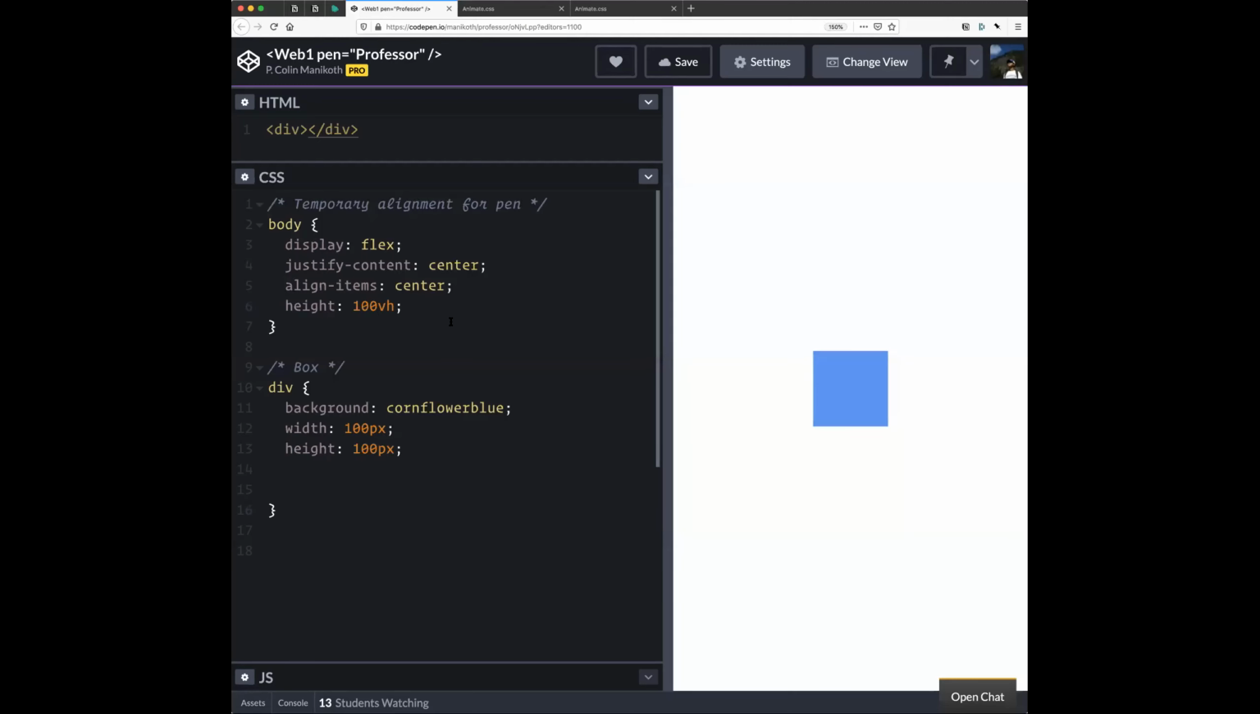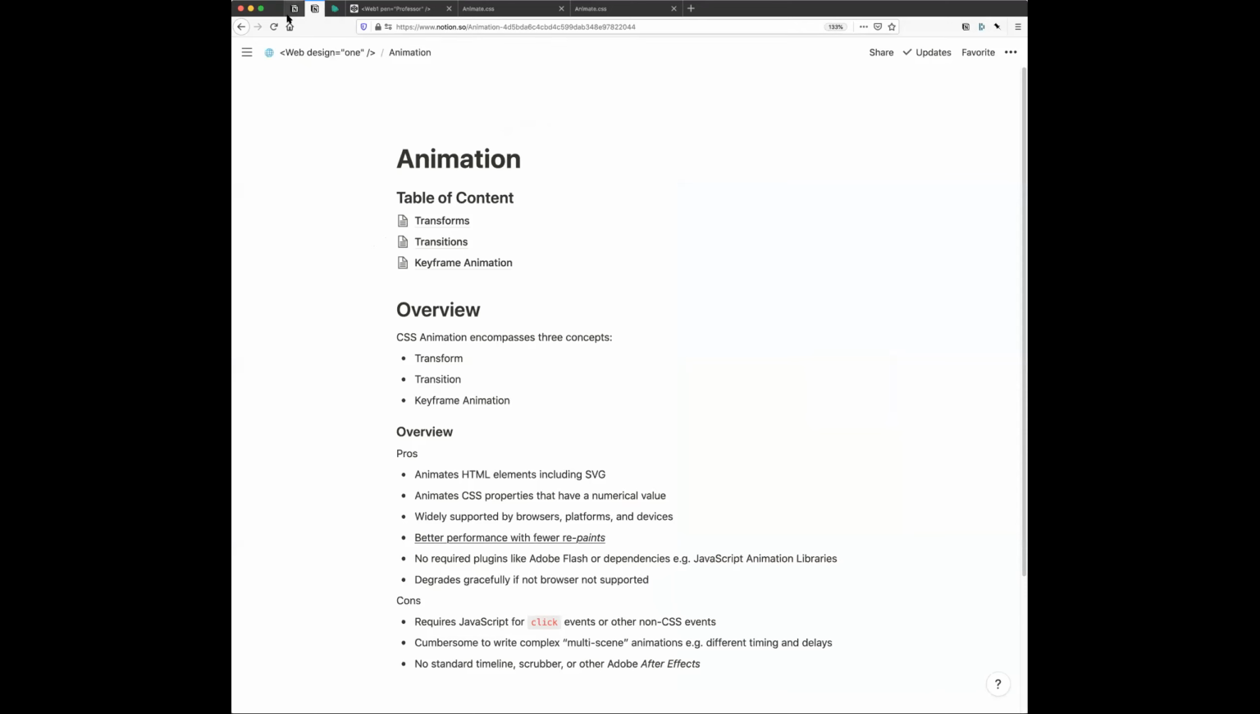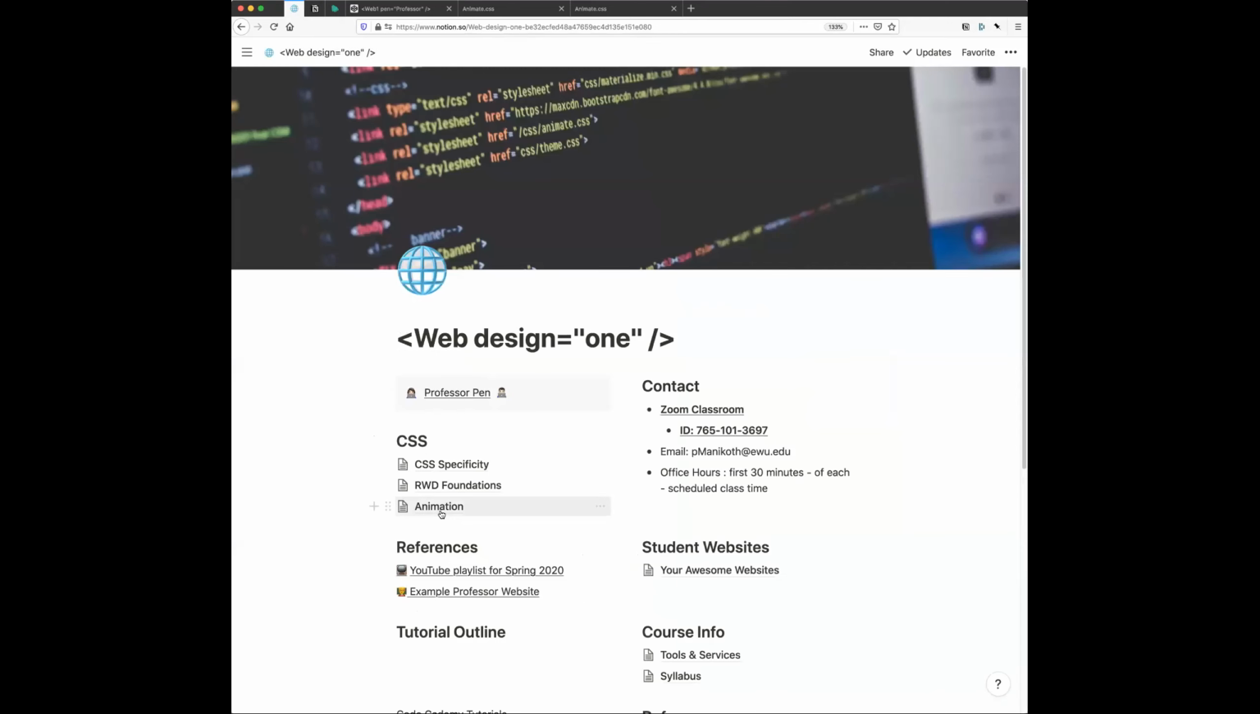Okay, so like I mentioned before class started, animation really has 3 parts, including the animation keyword, which is a little bit confusing about all that. So let's get into this. So from the course website, under animation